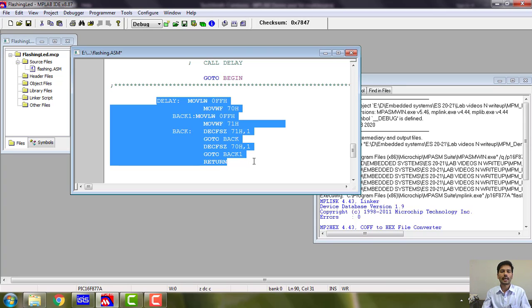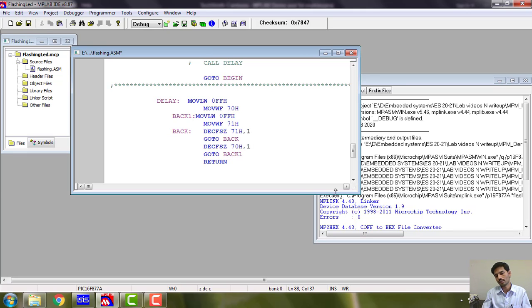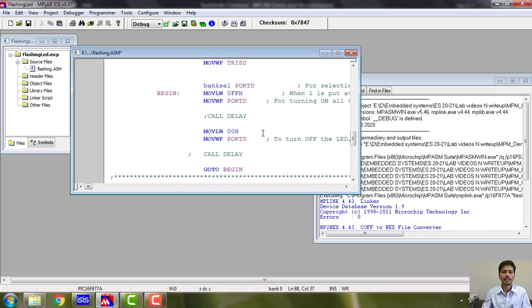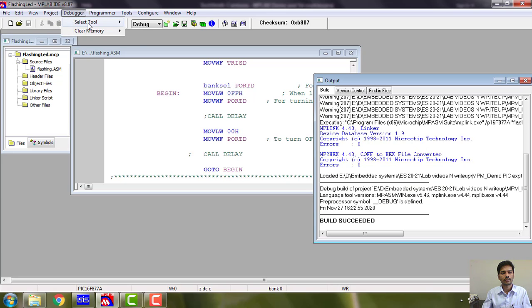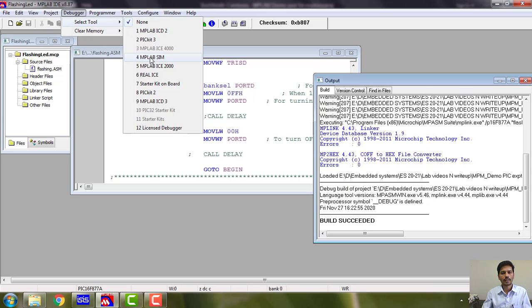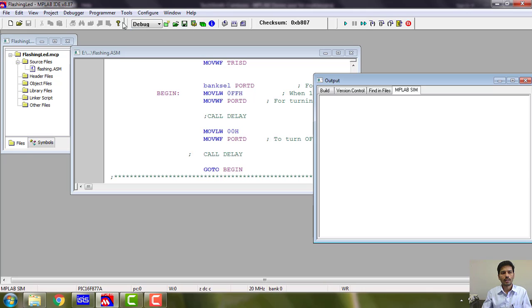So you have to hit step so many times, that is not suitable. So simply comment this and then build again, and then go to debugger, select tool, select MPLAB SIM, and